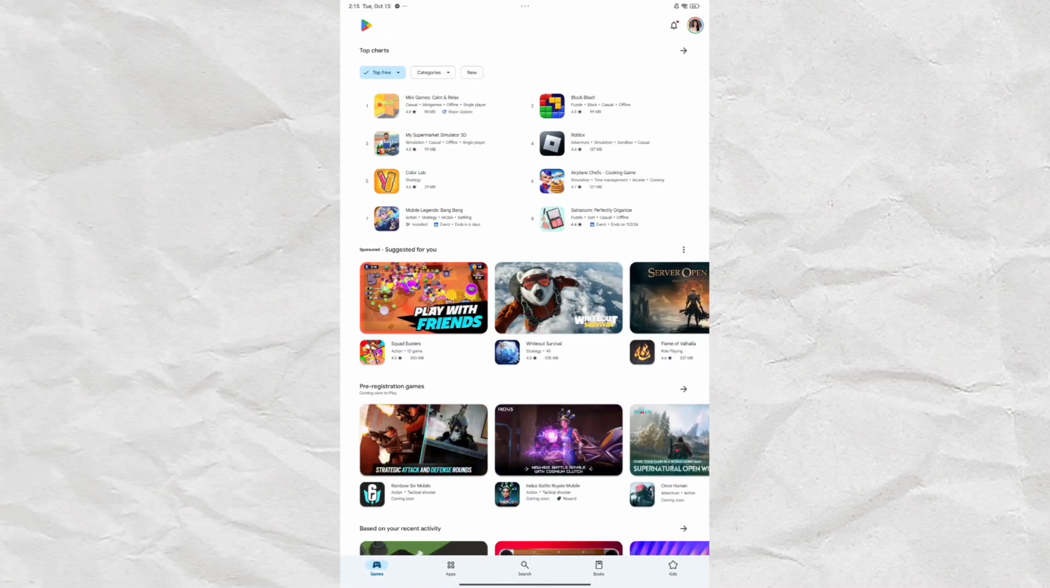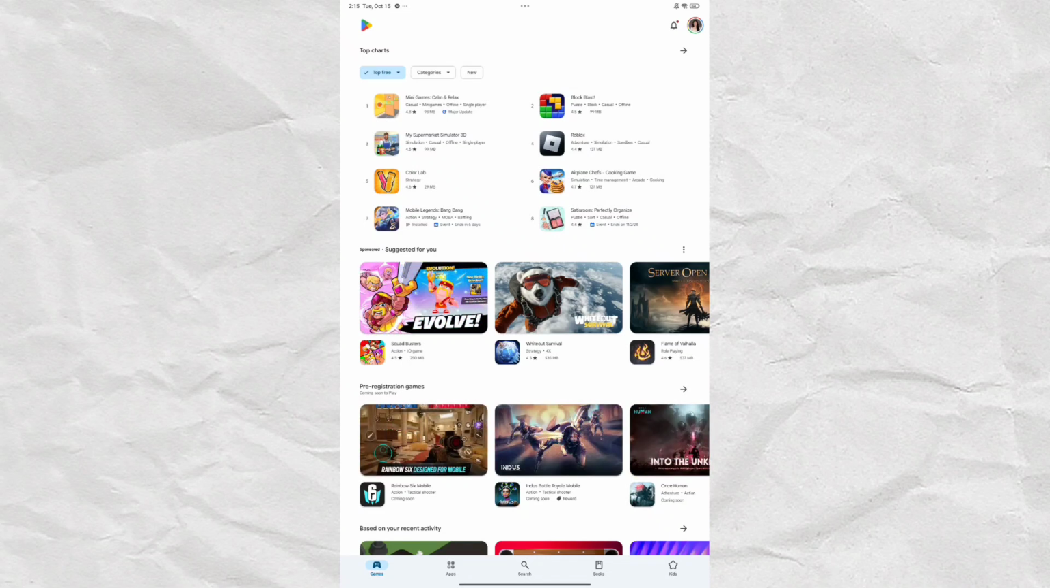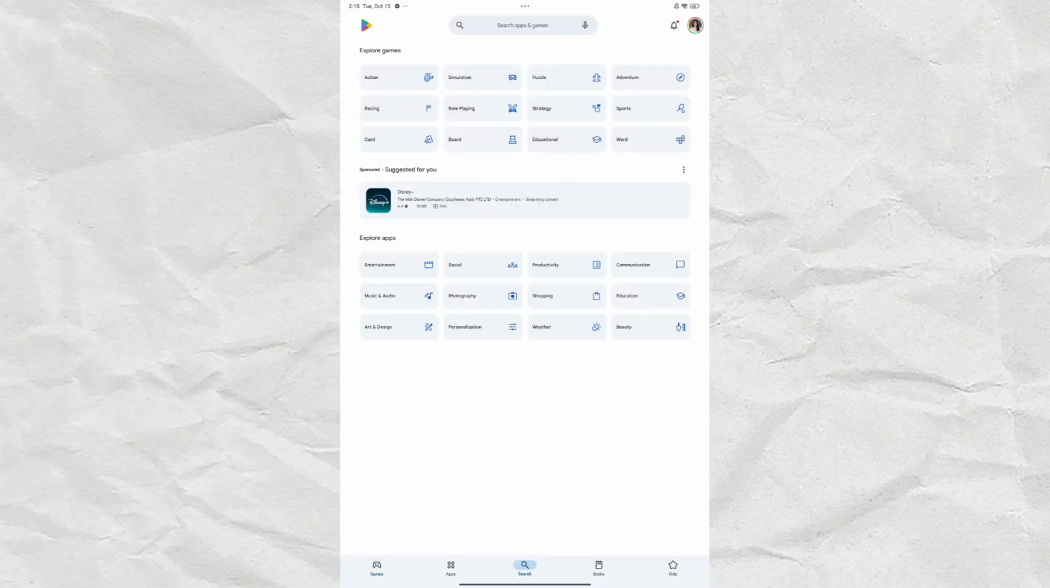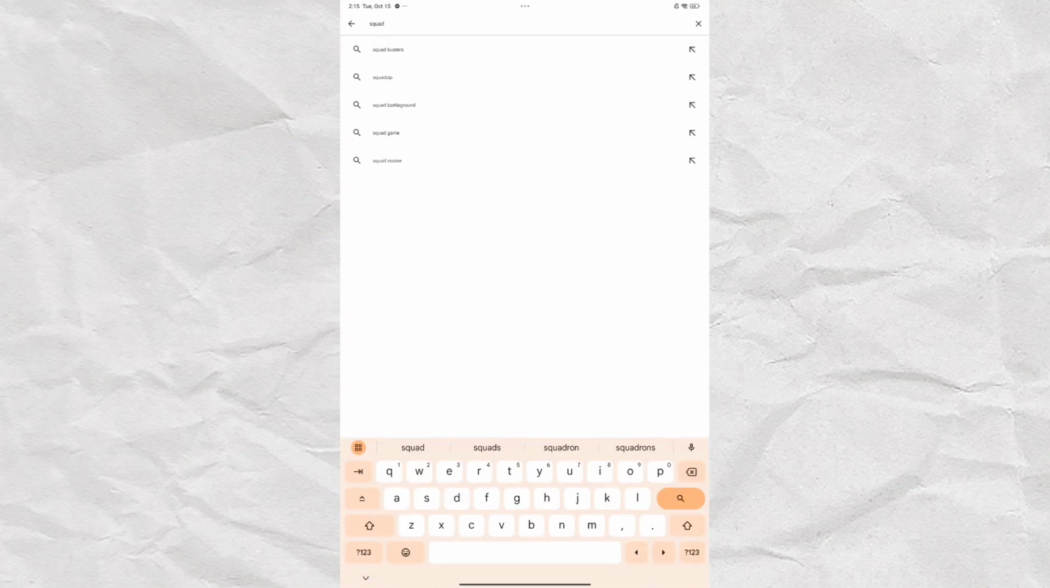In this video, I'm going to show you how to download Squad Busters on Android. To get started, the first thing that you'll need to do is to open Google Play Store on your Android device and head over to the search section to be able to click on the search field. And on the search field, go ahead and enter Squad Busters to be able to find the Squad Busters application